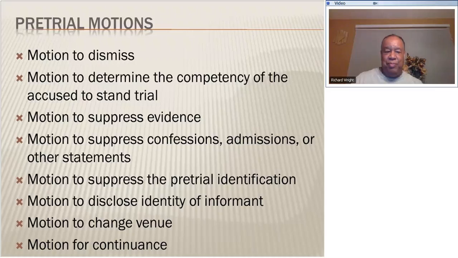So we came back after lunch, and I renewed my motion. The judge said, do you continue to persist with your motion? I said, yes, I do. And so anyway, the court reporter said his name was mentioned at the reading of the defendants and never any more after that. And the judge said, okay, well, in that case, I'm going to grant Mr. Wright's motion. And the state jumped up and said they object. And the judge said, what's your objection? Well, we do have information and evidence against this defendant, but, and this is what they said,